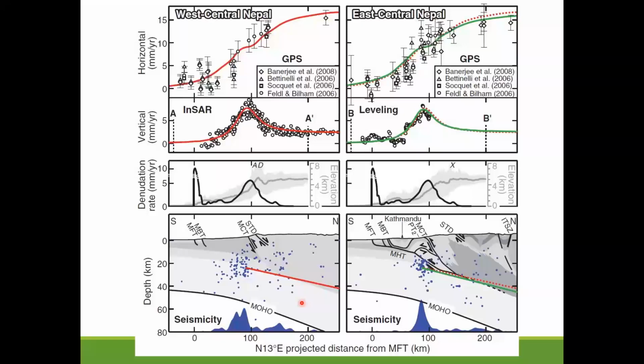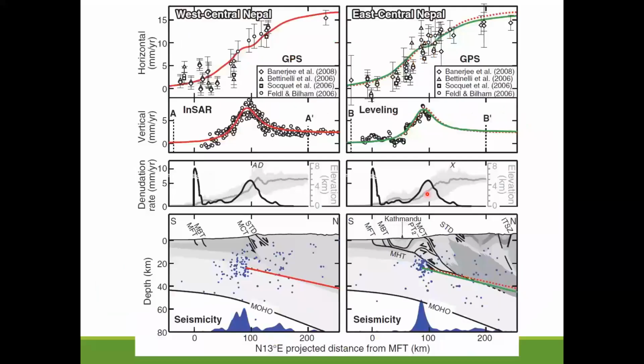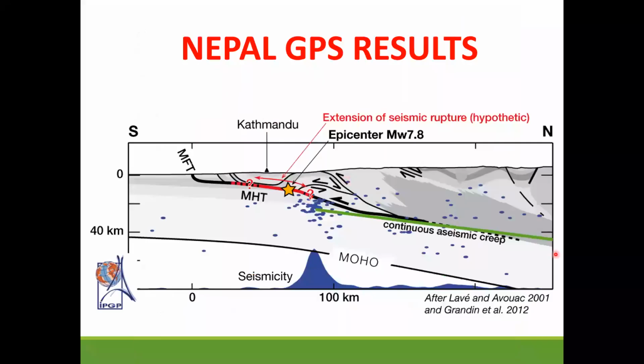So if you summarize the Nepal GPS results, what it tells you is you don't get earthquakes in the northern part, although the horizontal velocities are high at the back. That is because this main Himalayan thrust is below the brittle ductile transition. Ductile means you are basically flowing, just like in our body we have muscles which don't break, but just deform in shape. So that's the kind of deformation we are having here.